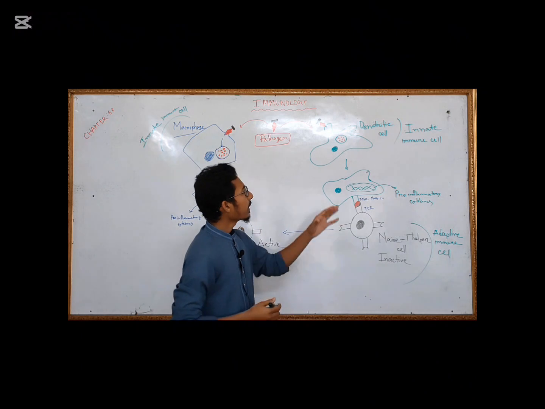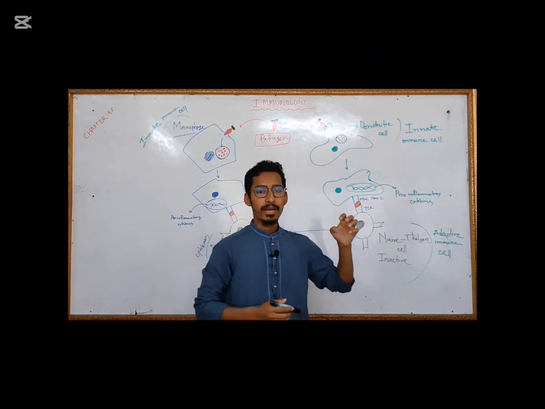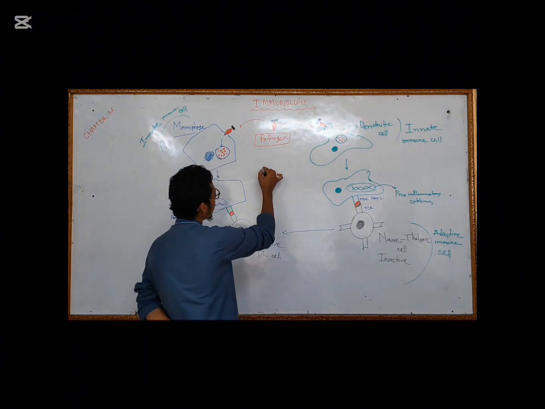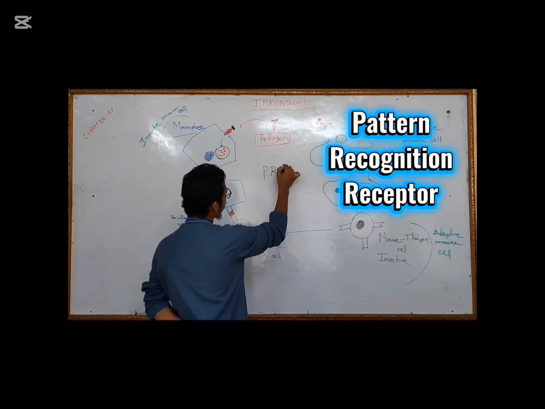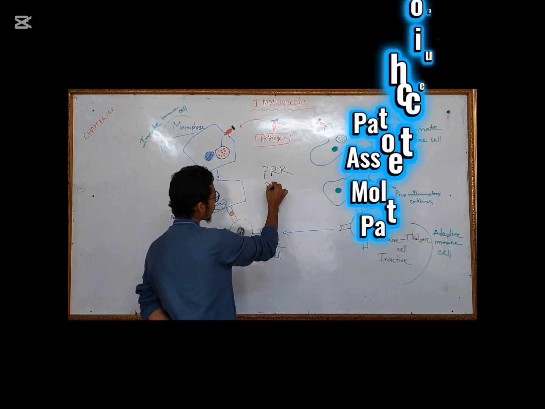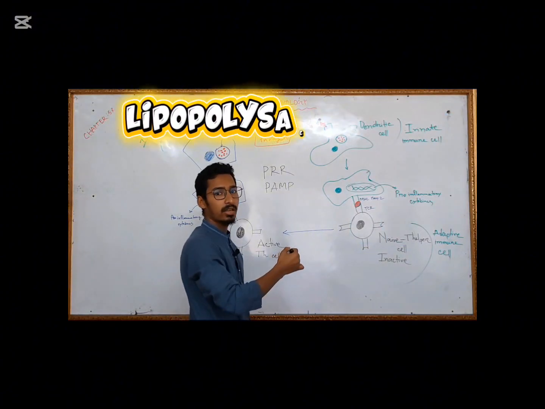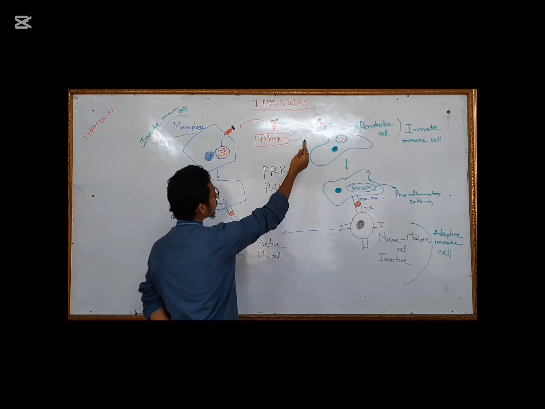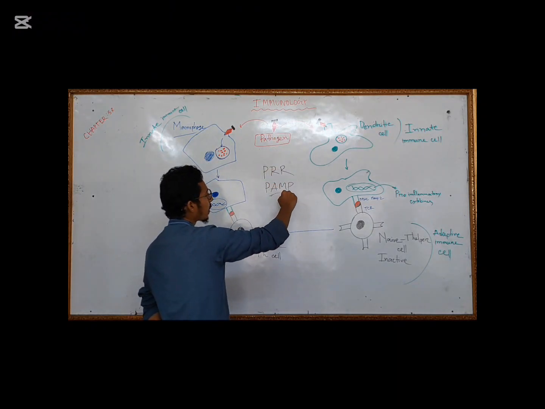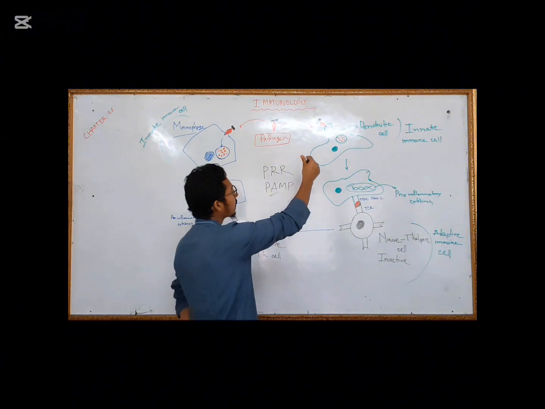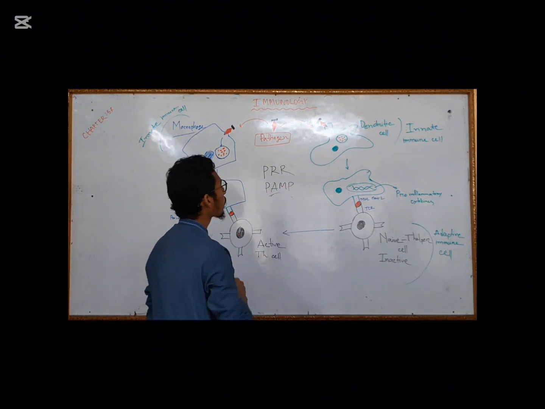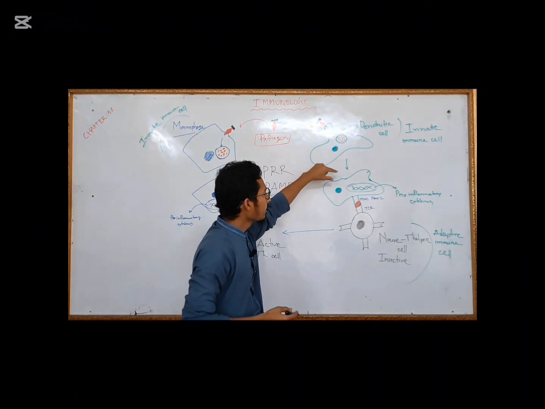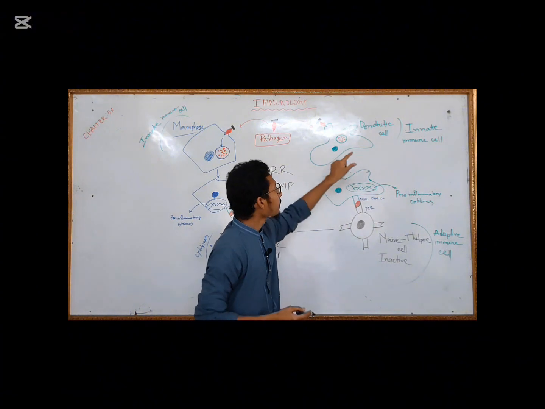So first of all, when a dendritic cell or macrophage contacts a pathogen or foreign body, it engulfs the pathogen. How? We know the dendritic cell has pattern recognition receptors and the pathogen has pathogen associated molecular patterns like lipopolysaccharide or peptidoglycans, etc. When this red colored pattern recognition receptor and blue colored pathogen associated molecular pattern bind, the pathogen is engulfed by the macrophage and dendritic cell. When this engulfment occurs, there is a destruction of the pathogen.